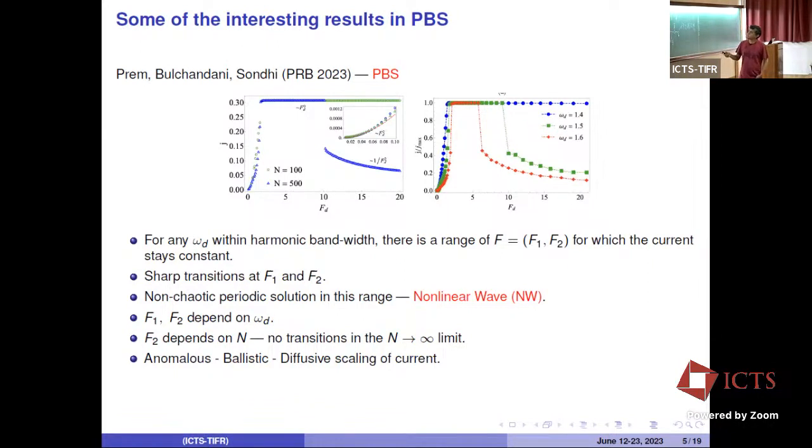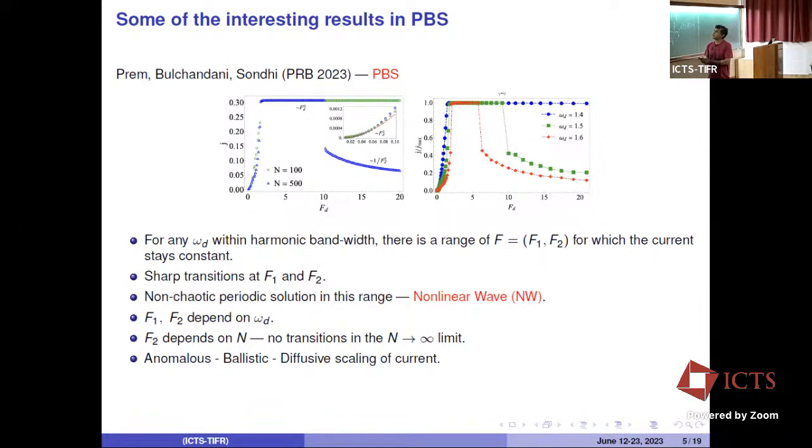Okay, so the green curve here is for a system size of N equal to 100. If you do it for N equal to 500, you find that this flat region goes down, and you get a transition here. For a smaller system, this would go on for a longer time, and then you would get a transition. Okay. So in the thermodynamic limit, this phase doesn't exist. You see it only for finite systems. And okay, so that's the observation.